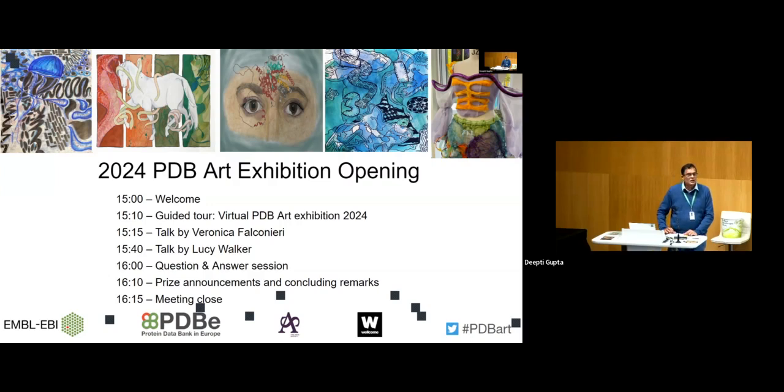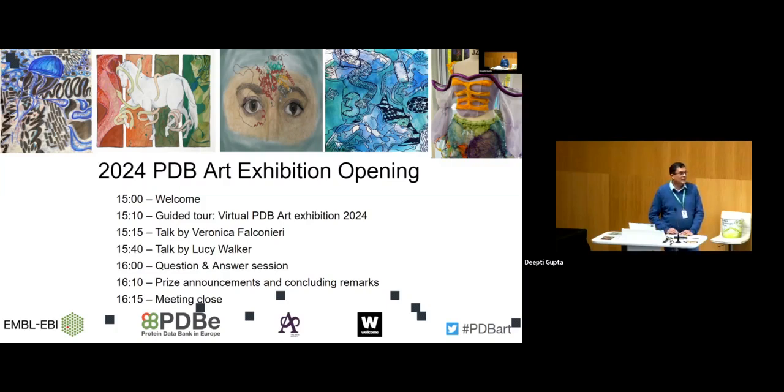Apart from running this project here for 9 years, EMBL has been around now for 50 years, and we are celebrating our 50th anniversary. As part of that, this project was adopted by EMBL in various engagement events, and we have contacted many European countries and schools, who are now participating in a competition that is being hosted by EMBL. And Deepti will tell you a bit later how to participate in that competition if you are interested.